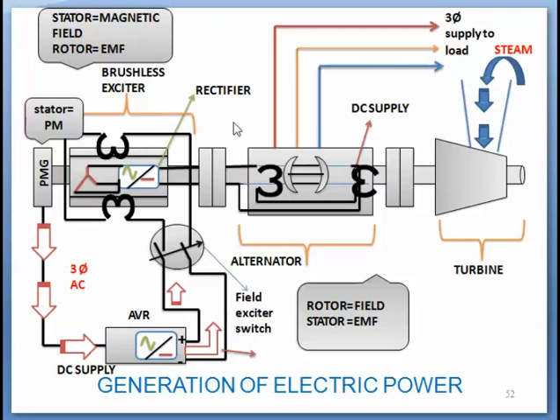The generator terminal voltage is maintained at 15.75 kilovolt, which is then stepped up to 220 kV or 400 kV by the generator transformer, that is GT, depending on the grid voltage. The generator is connected to the bus by isolators and circuit breaker arrangement located in the switchyard, from where power is transmitted to the substations. Hereafter, the power distribution network starts.